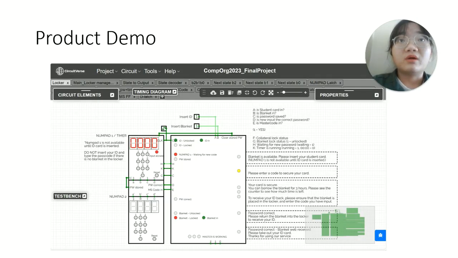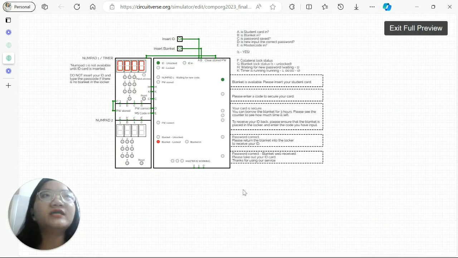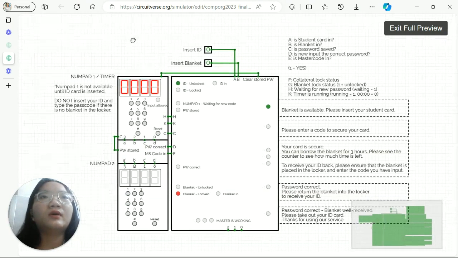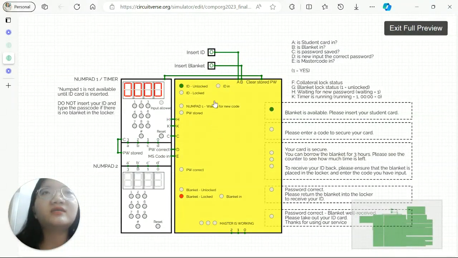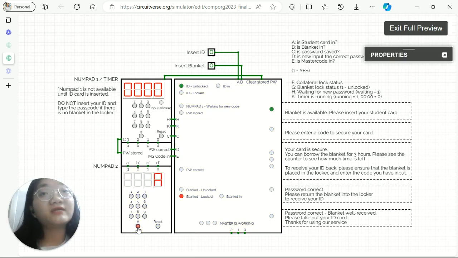Here I will show you a product demo that I've done on CircuitVerse. As I enter this project, you can see that its current status is: the ID locker is unlocked, there's no ID inside, and the blanket locker is locked, but there's no blanket in. To set up as a facilitator, I first have to